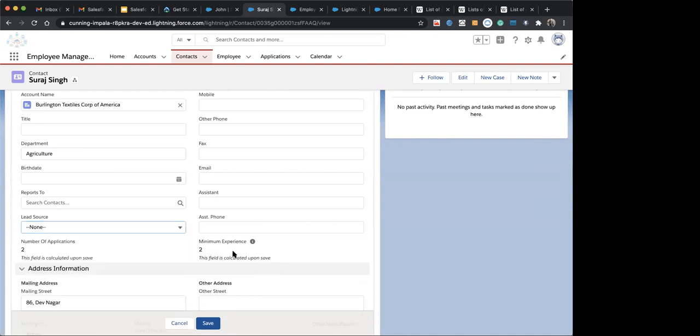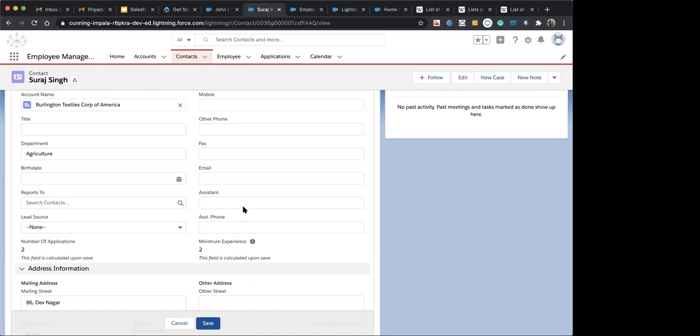So the conclusion is that whenever there are two or more different types of users working on the same record, and we have to differentiate the options available to them, we take the help of a record type. A record type defines the type of record. It also allows different page layout assignments to users, helps to hide and show fields, and if you want some pick list values not to be available to some users, it allows us to do that too.